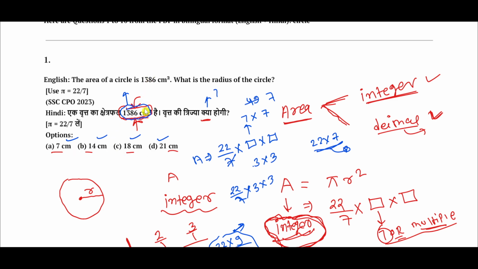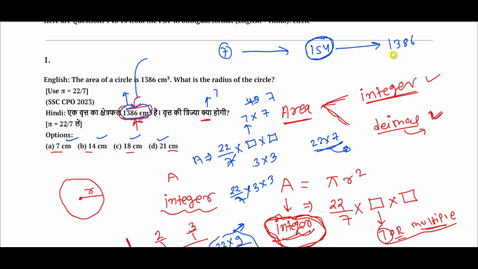So now solve this question. If the radius is 7 and the area is integers, then you can assume my radius is 7. According to my radius being 7, my area is 154. Why do I take 154 as a ratio? Because I know my area value is given in integers. That means the radius must be 7 or a multiple of 7. That's why I take 154 as a ratio, assuming 154 is my area in ratio. But in the question the exact value of area is